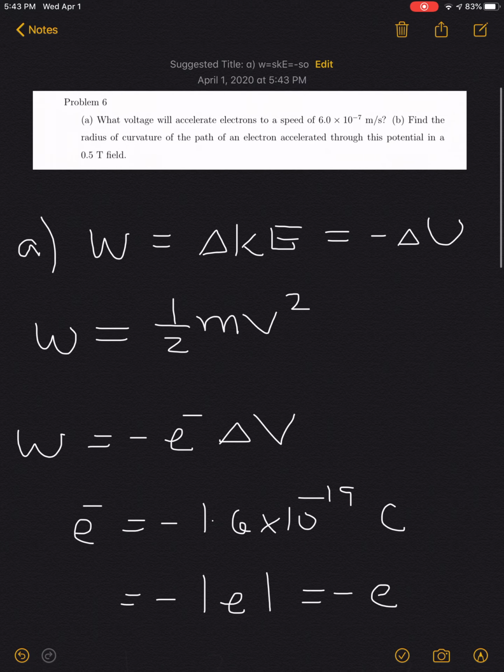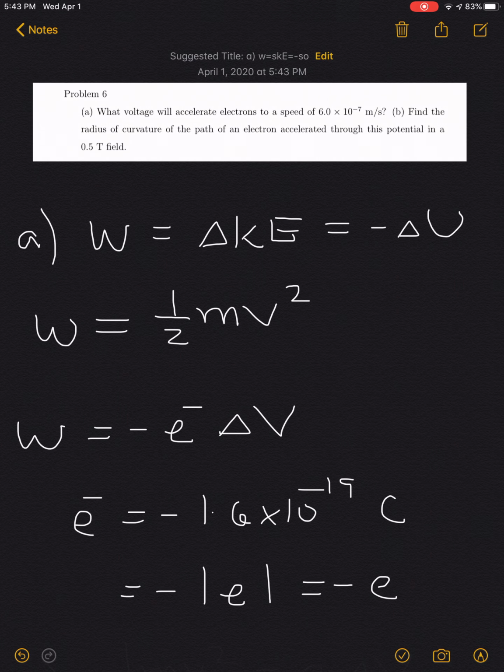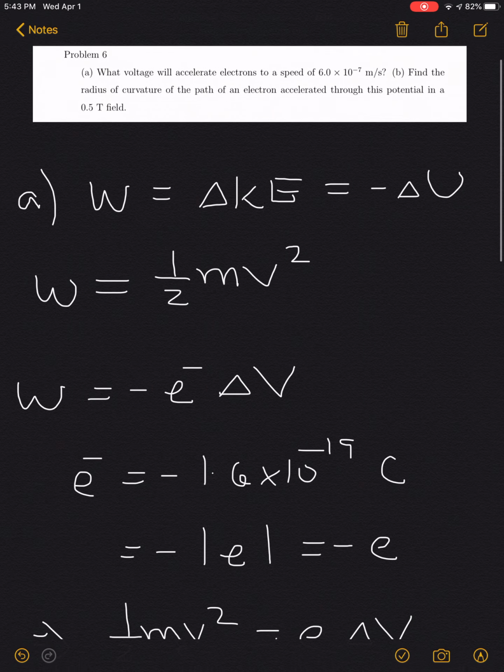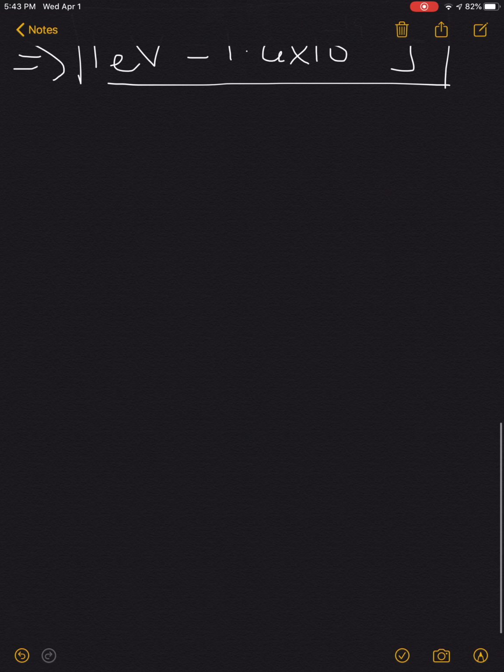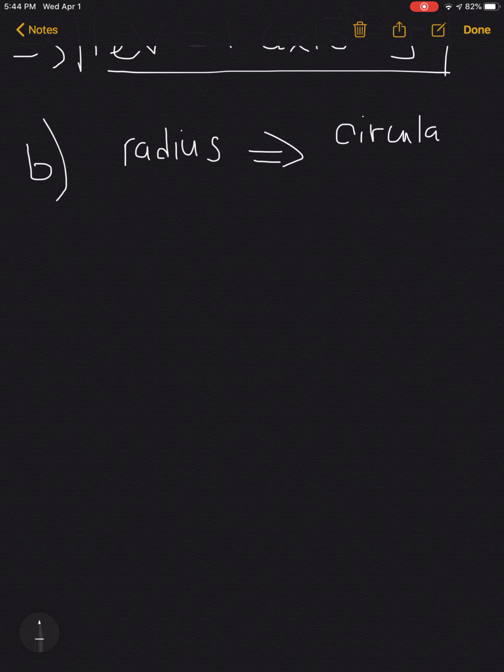Now, part B, actually, let's scroll up to see what that said, and that says, find the radius of curvature of the path of an electron accelerated through this potential in a 0.5 Tesla field. So the embedded assumption here, when you're talking about a radius of curvature, if you're talking about a radius, then this implies you're talking about a circular motion. Okay, and so